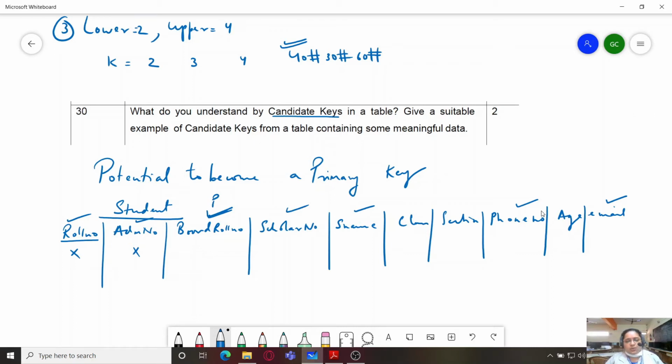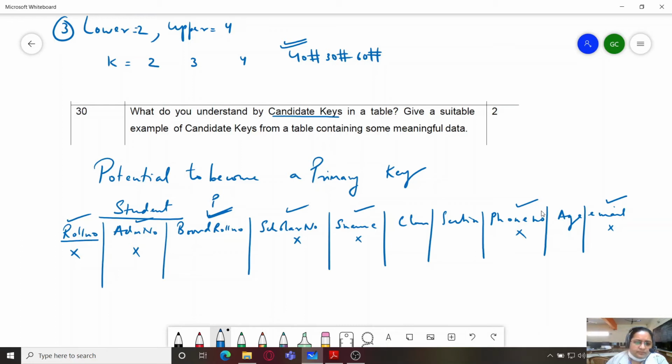Scholar number, again there is no guarantee that the scholar number of two students in a country would not be the same. So we rule out this. Name, of course, two people can have the same name. Phone number, these days again some people have WhatsApp numbers, some people have landline numbers. So it is quite possible that two students have the same phone number because they are siblings. So again this will also be ruled out. And email, many people have the same names and the pattern of email can be the same. So again we cannot consider this as a proper way.